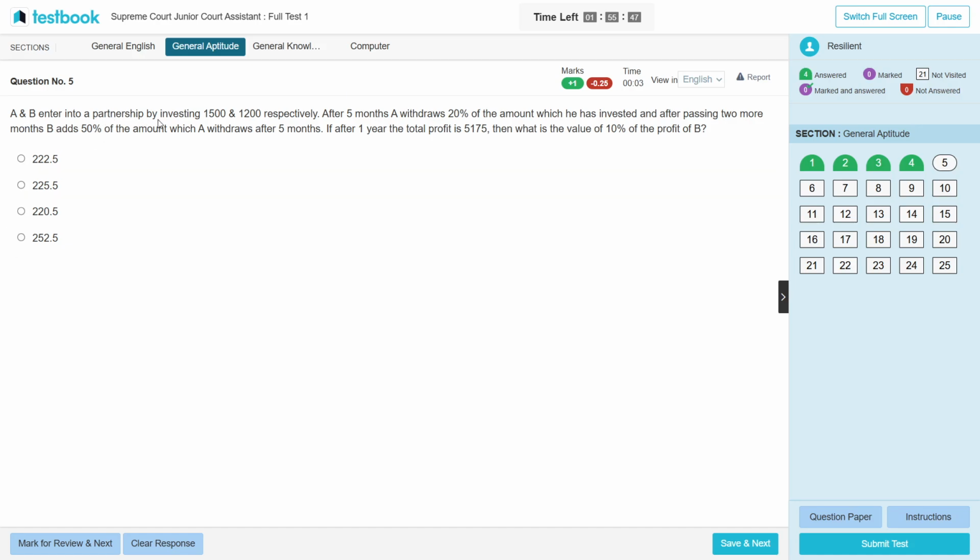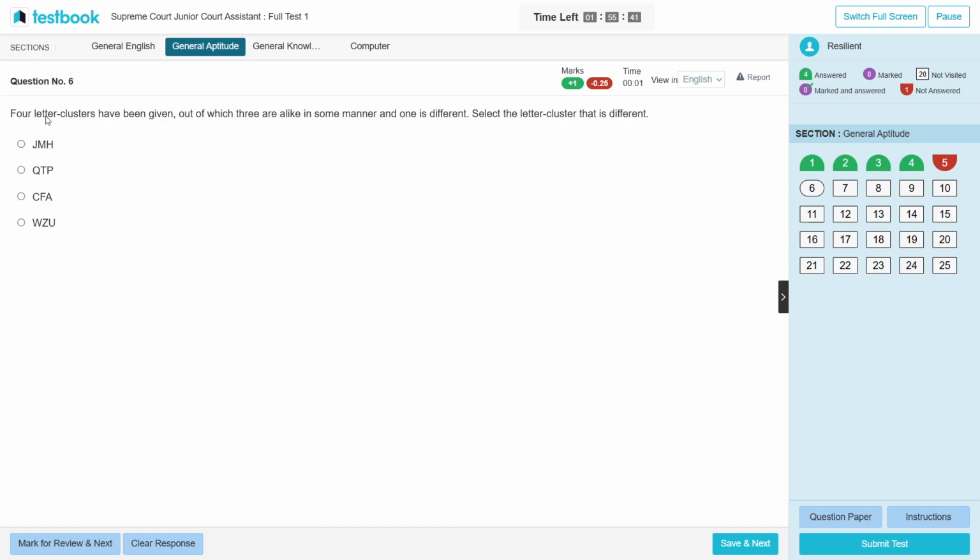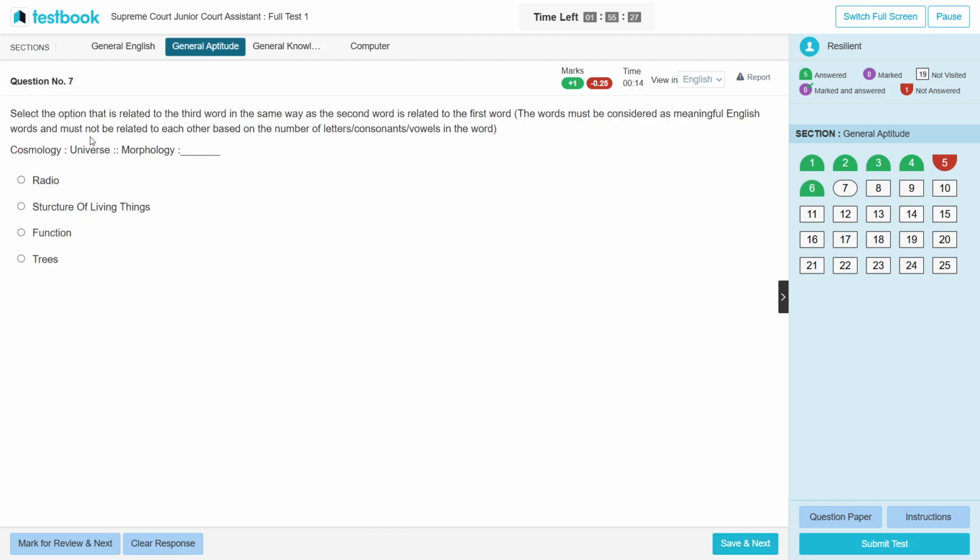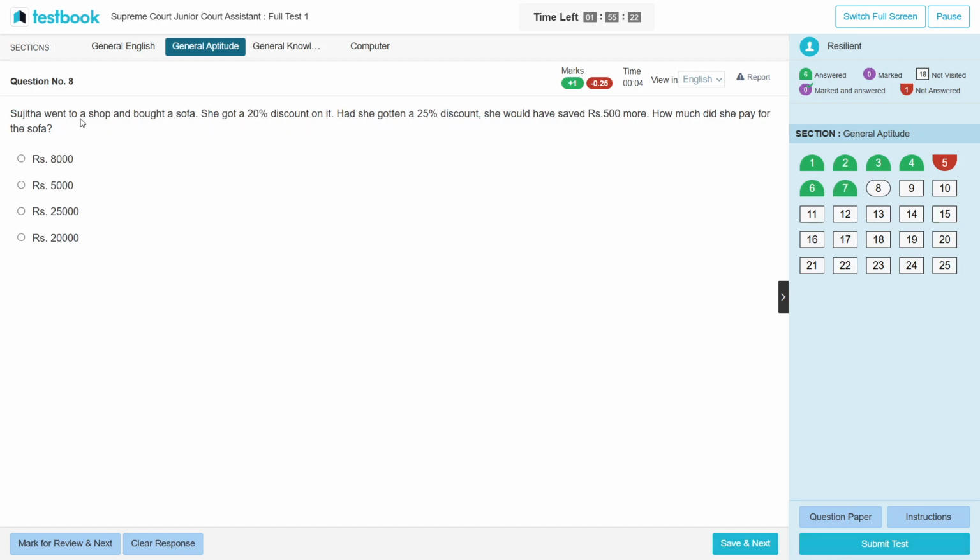A and B enter into a partnership by investing 1,500 and 1,200 respectively. After 5 months, investors... let's see this later. Four letter clusters have been given out of which three are alike in some manner. Question number 13, two behind, here one behind, two behind, two behind, one behind. Cosmology, morphology, structure of